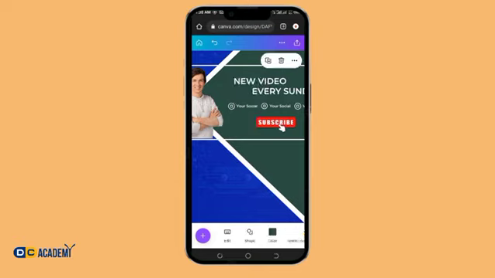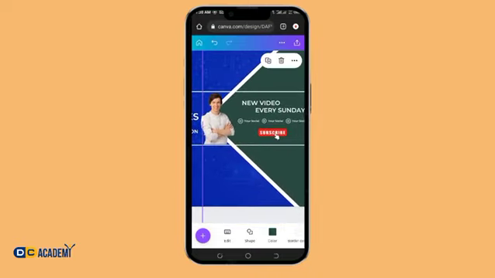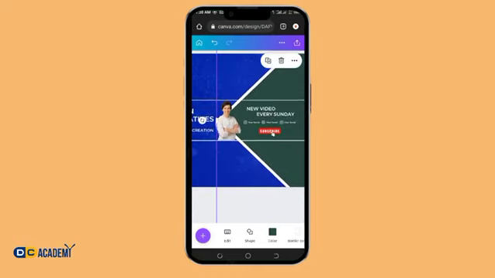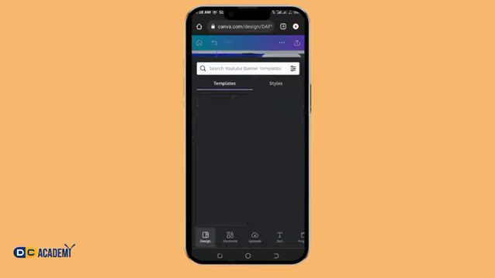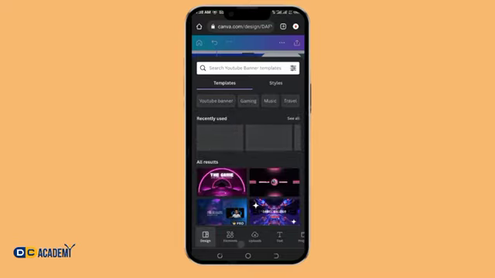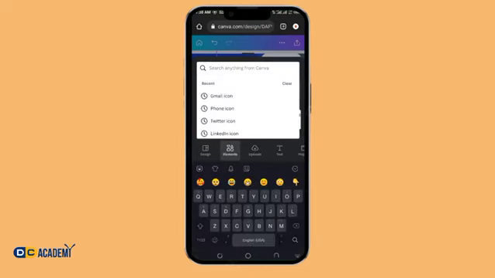So how do you select the social media icons? In Canva it's very simple. All you need to do is tap on the plus icon here. When you tap on the plus icon, you see element. Sorry, this is element. You just go to element. When you go to element, you search for what you want, like let's say Facebook icon,